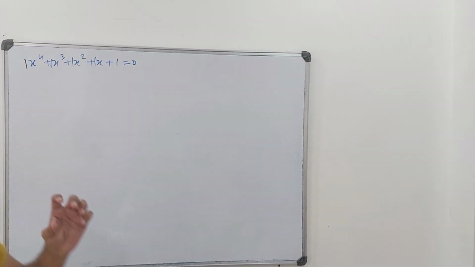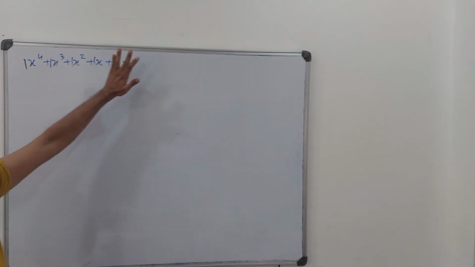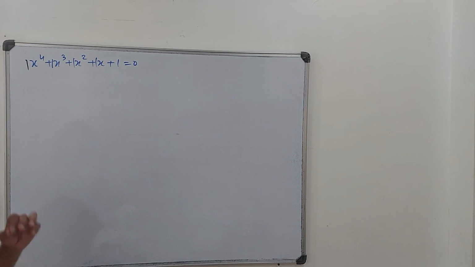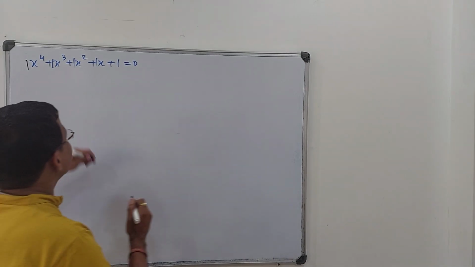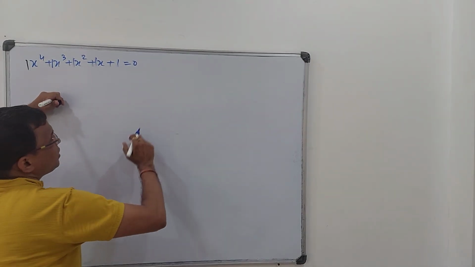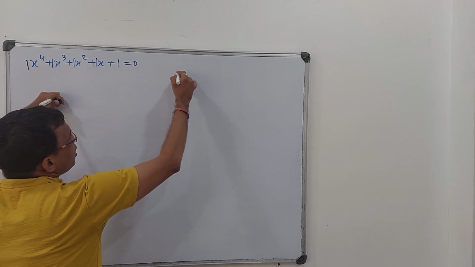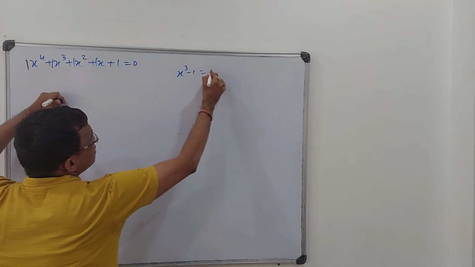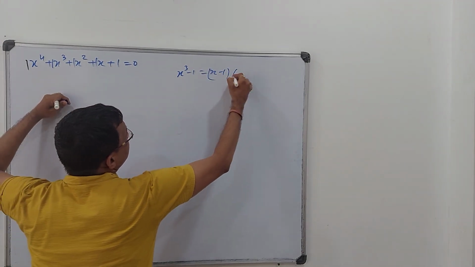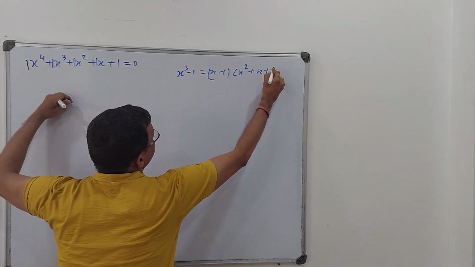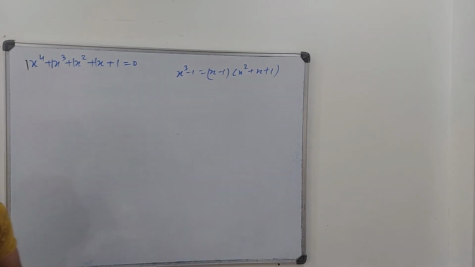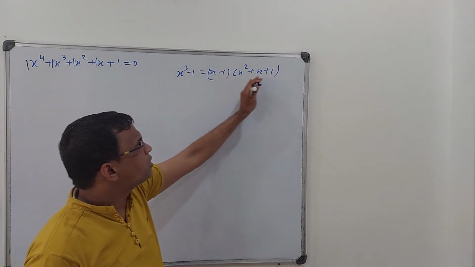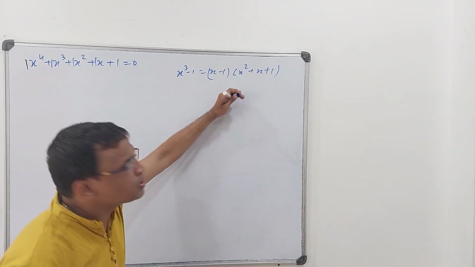It's a special quadratic equation. All the terms are positive and all having coefficient 1. It's special. So before starting the next approach, I will just tell you one thing, that you have x cube minus 1 as x minus 1 into x square plus x plus 1. This factorization identity, you know, x cube minus 1 is equal to x minus 1 times x square plus x plus 1. I am using this here.